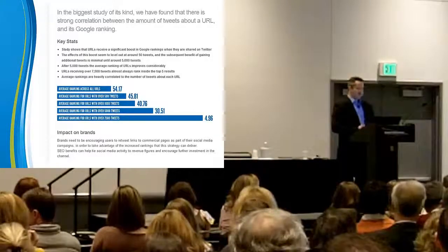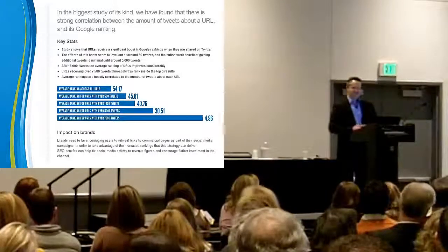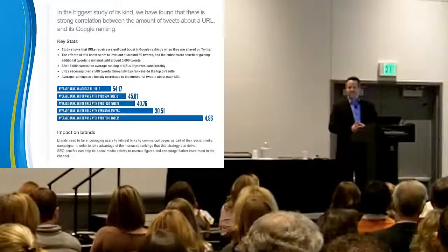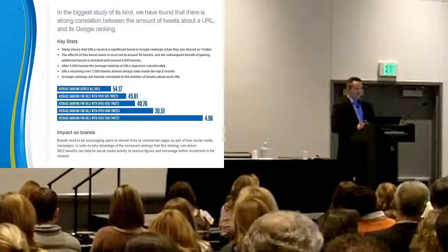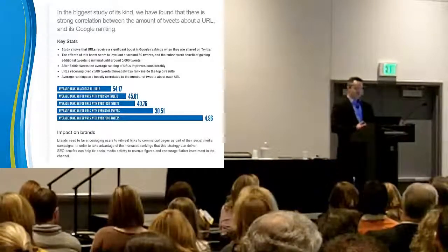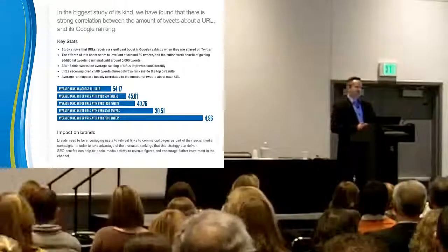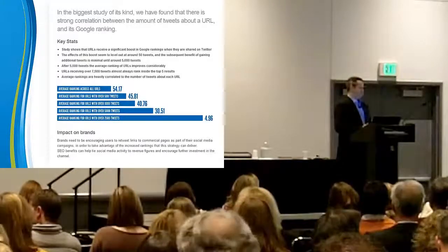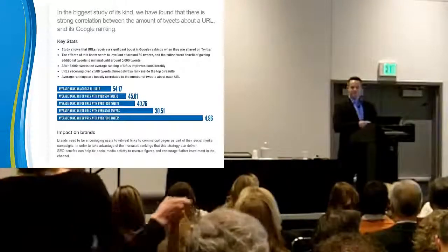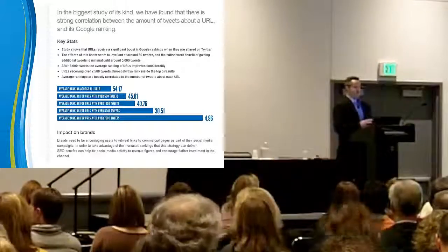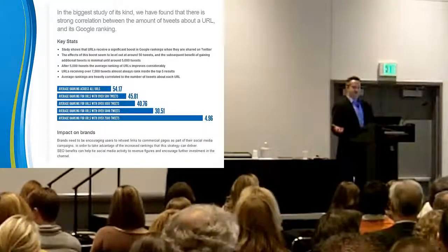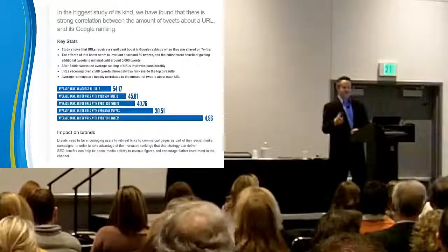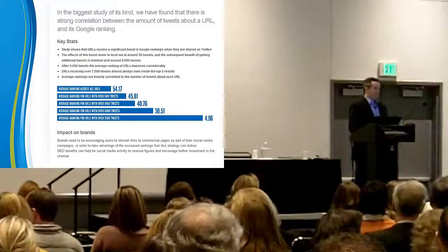Once you start getting over 5,000 tweets, meaning your URL showed up somewhere in Twitter, you had a huge jump in your search engine results. And if you had over 10,000, which is going to be hard to get, you're pretty much locked in to top positions just because you're on Twitter. These numbers were based on huge markets, on an international scale, not just local. So your numbers are a lot smaller. You can get into that 50 range and just maintain constant use, and you're going to be in really good shape. Questions about Twitter?